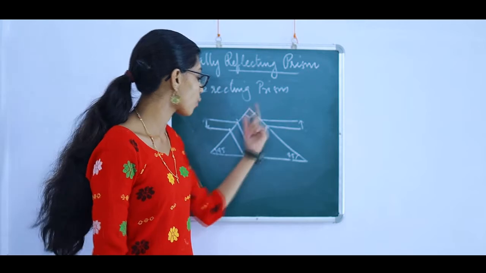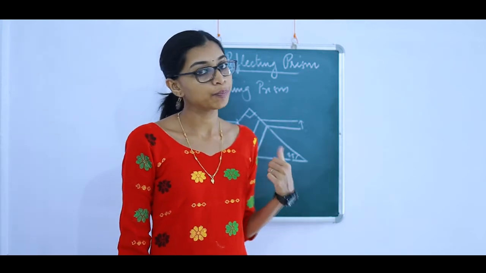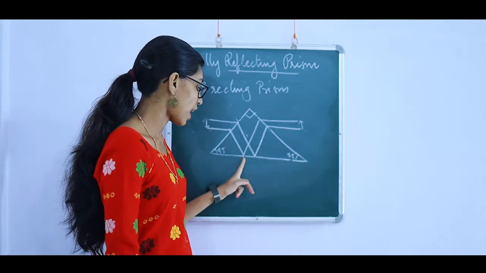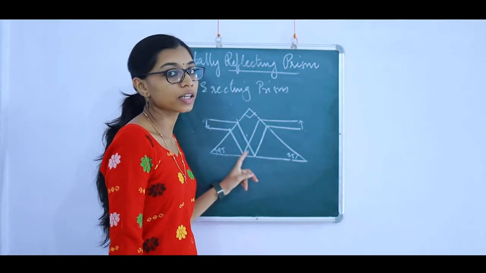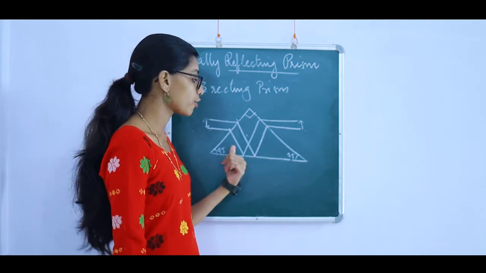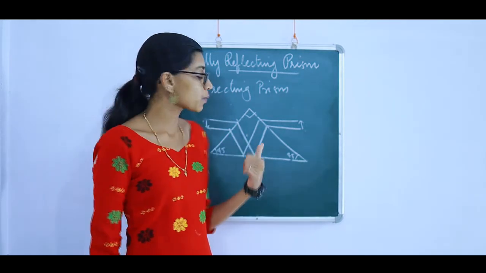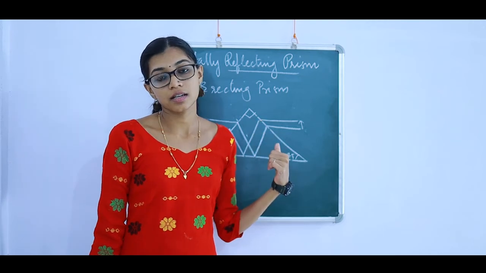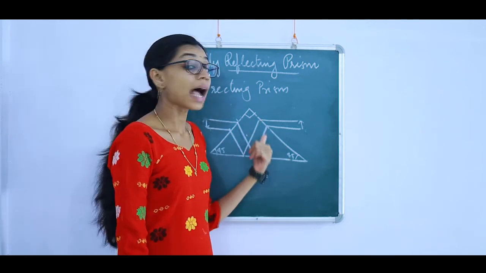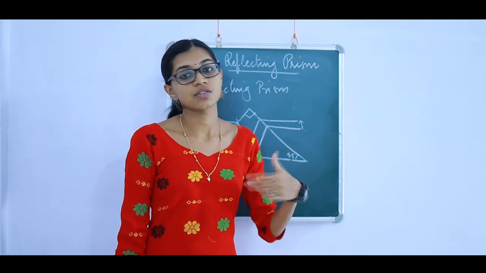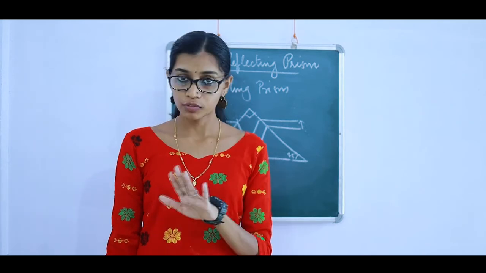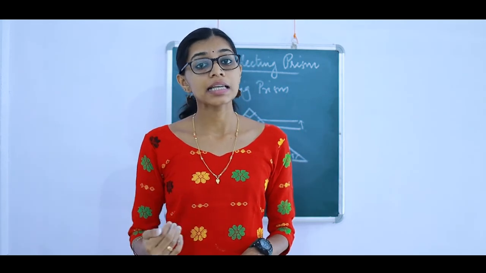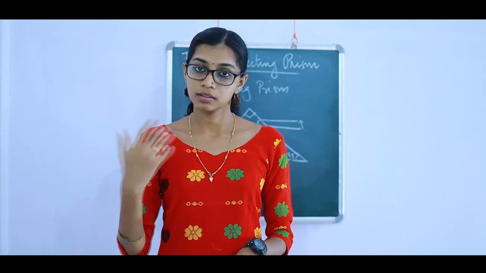So the difference is how we place our prism. Here it undergoes refraction, then here total internal reflection because it is trying to go from glass to air. But you may have this question here, why is this not getting totally internally reflected? Because the angle of incidence is not 45 degree. So that is about total internal reflection in prisms, that is reflecting prisms. Thank you.